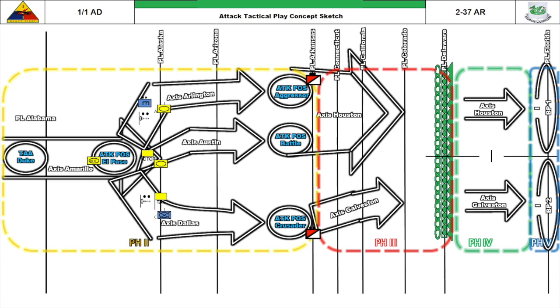Upon reaching phase line Arizona, CCO and ACO will ensure departure across phase line Arizona is synchronized. Additionally, at phase line Arizona, CCO will deploy the FOC, Feint Operations Center, as part of the deception operation, and HHC will establish CTCP in Role 1. After CTCP and Role 1 are established, decon squads will begin reconnoitering suitable decon sites in vicinity of phase line Arizona. The companies will occupy their respective assault positions, Assault Position Aggressor, Battle, and Crusader.